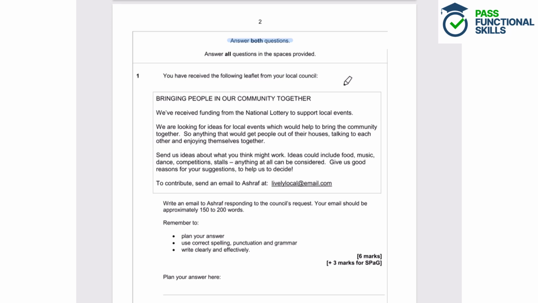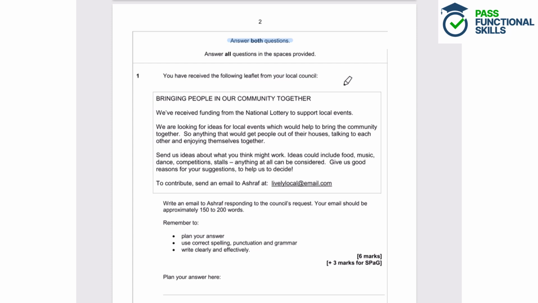Send us ideas about what you think might work. Ideas could include food, music, dance, competitions, stalls. Anything at all can be considered. Give us good reasons for your suggestions to help us decide. To contribute, send an email to Ashraf at